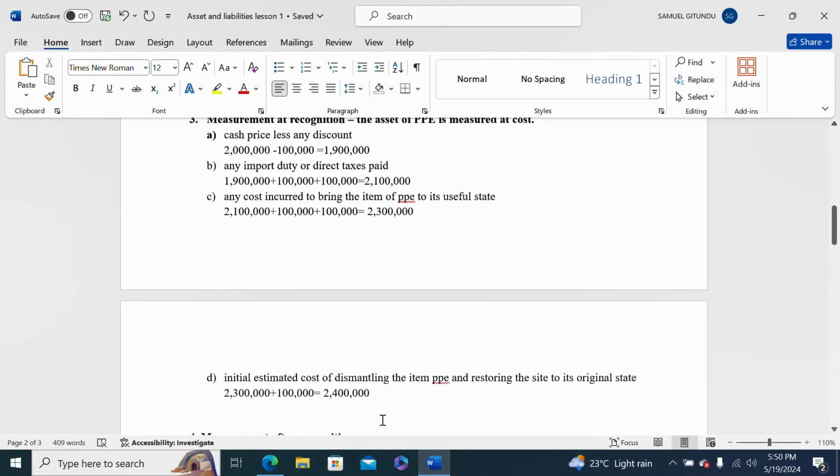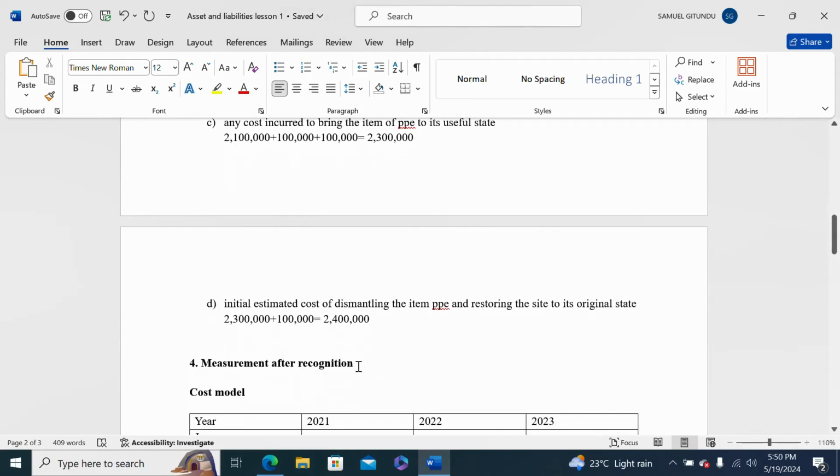Then we go to measurement after recognition. You have measured the value of your asset during recognition. Then how do you measure the value of the asset after recognition? And after recognition, we are talking about subsequent